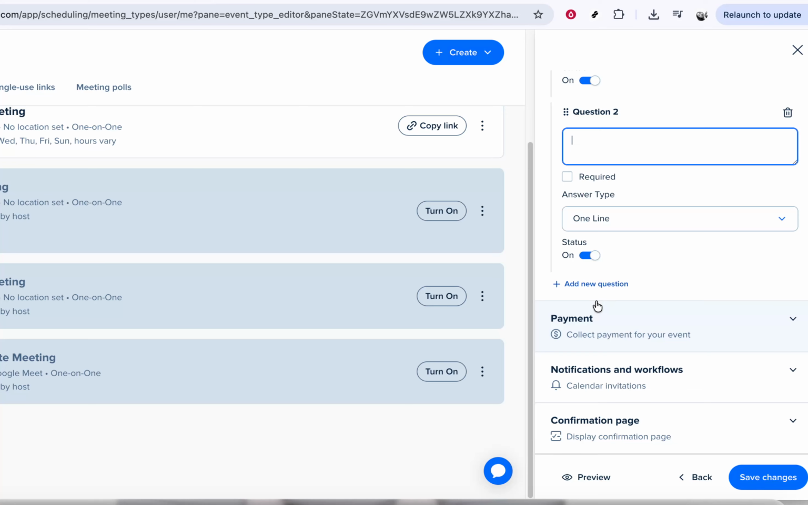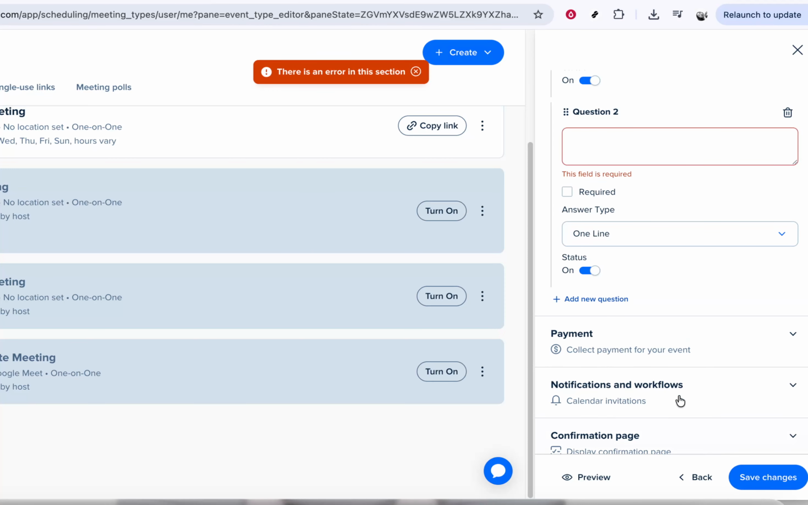Take a moment to review all your questions to make sure they're relevant and necessary. Remember, too many questions can discourage people from completing the booking, so keep it focused on what you truly need. When you're happy with everything, click on Save Changes. This step is important. If you don't save, your new questions won't appear on the booking page. After saving, you can